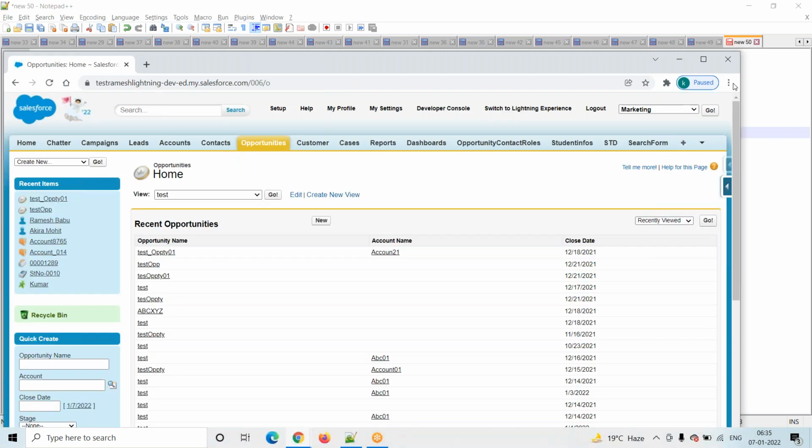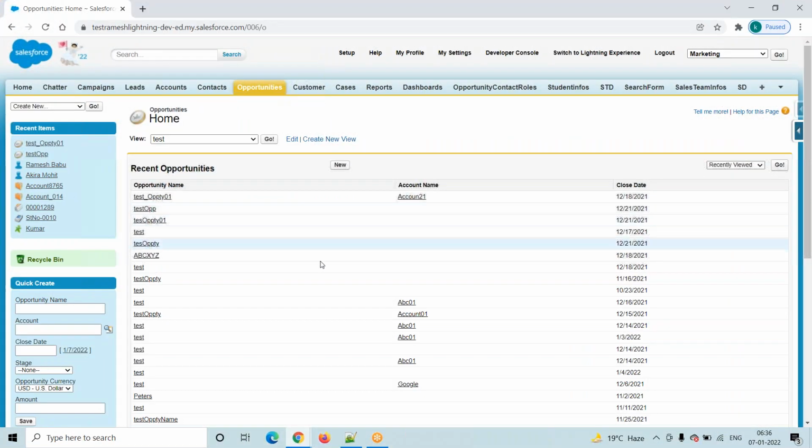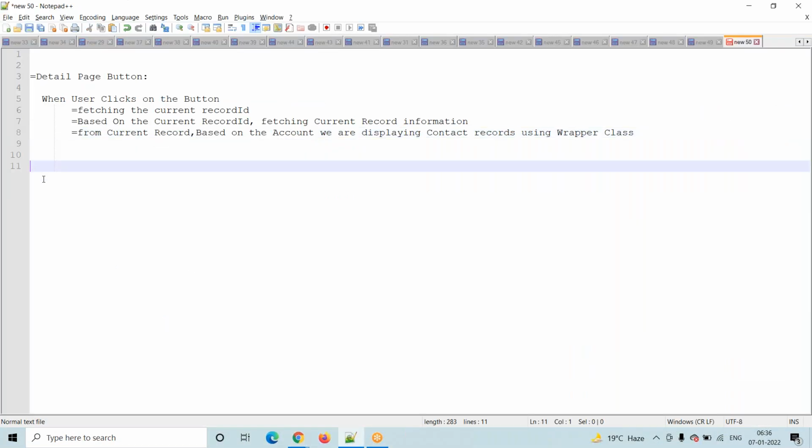The same example we are trying to develop in lightning by using an aura component. We are developing the above functionality in lightning aura.